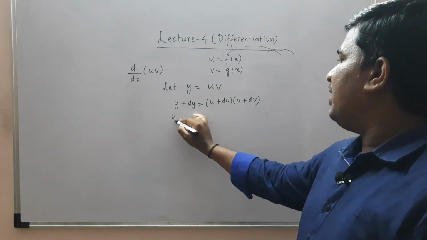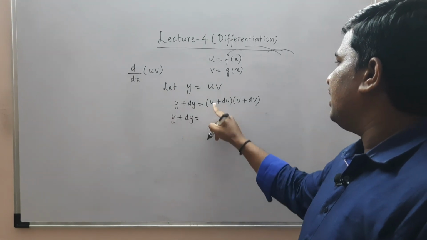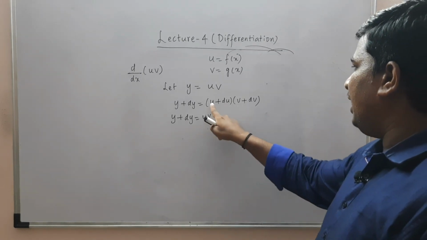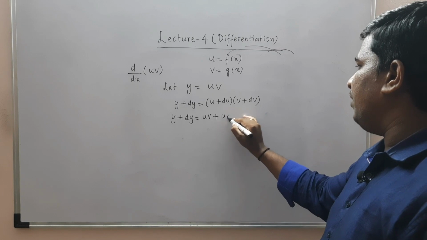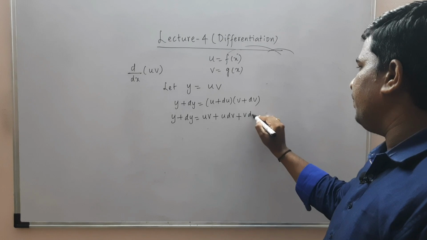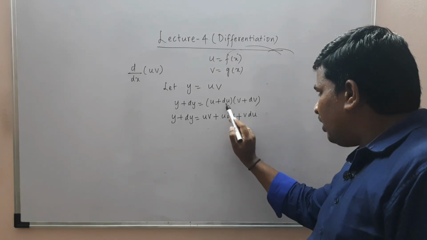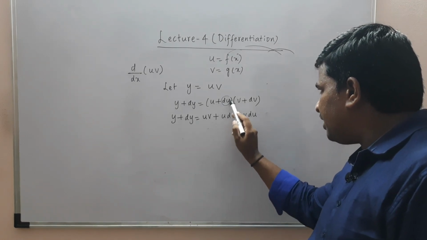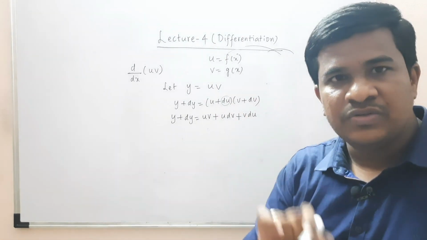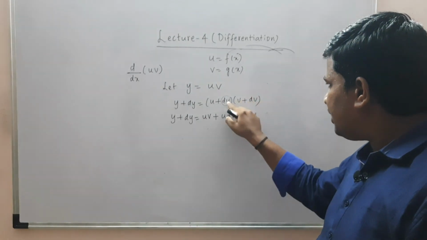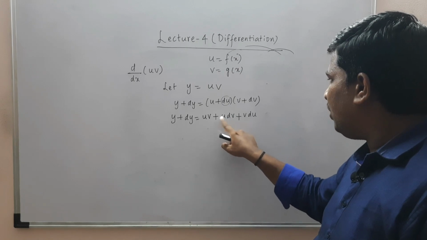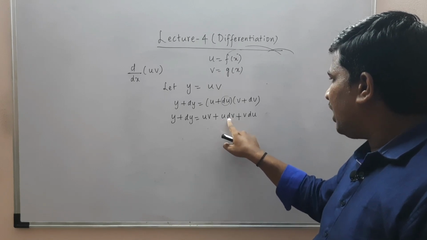So now y plus dy is u into v, uv, plus I write u into dv, plus I write du into v, so v du. Please be careful, don't write duv here because this is a change. This d is not your wish, wherever you wish to write. du is multiplied to v, here dv is multiplied to u, so u dv, don't write duv. You cannot keep d here.